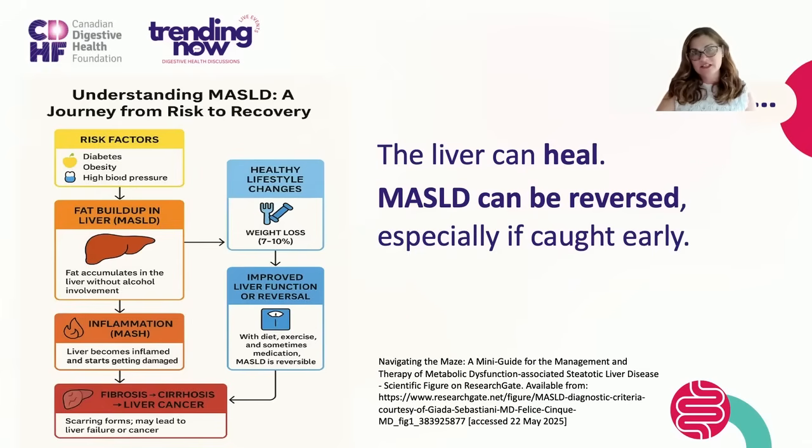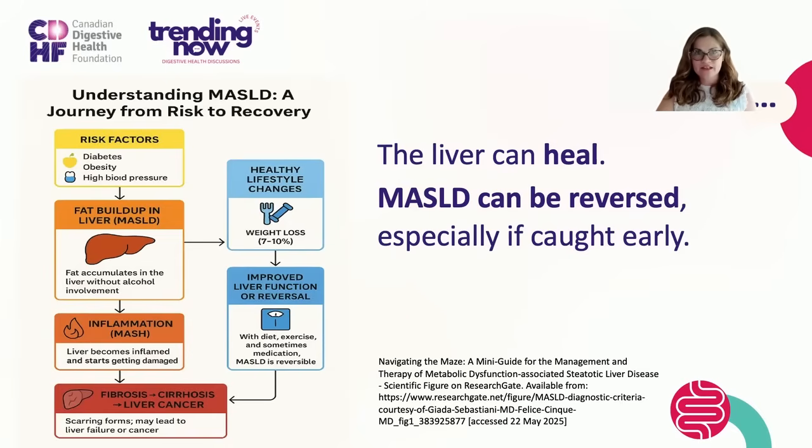And without changes, this can progress to inflammation, shown in the next box as MASH. MASH stands for Metabolic Dysfunction Associated Steatohepatitis. This is when the liver becomes irritated and damaged and it starts to struggle. If nothing is done, the damage can get worse. And that's the final red box, fibrosis, liver tissue scarring, which then leads to cirrhosis, the liver not functioning properly,